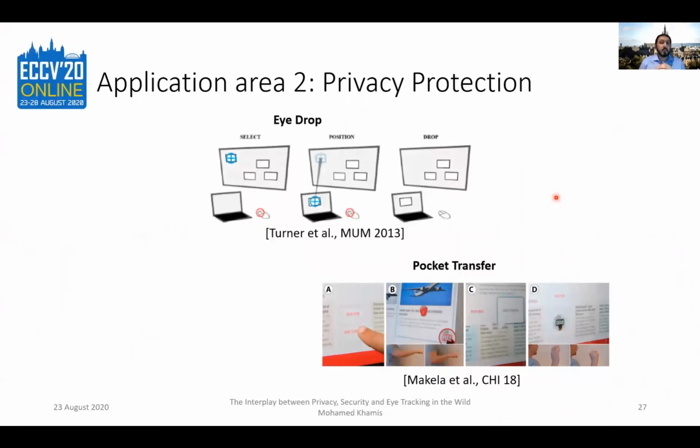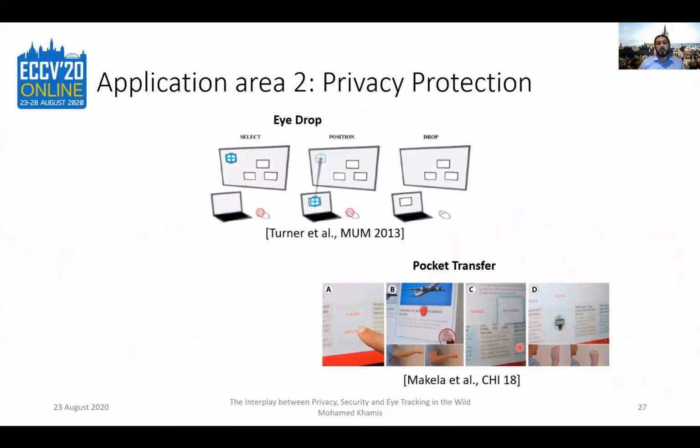If you do this using eye gaze, then people around you are not aware of which articles you're interested in, for example, because people cannot easily map your eye movements to positions on the screen. This was a paper from CHI 2018 where we compared eye gaze and touch and mid-air gestures to transfer content from the display to your phone. And people actually preferred the eye gaze method because it's private, right?